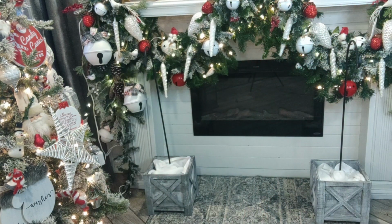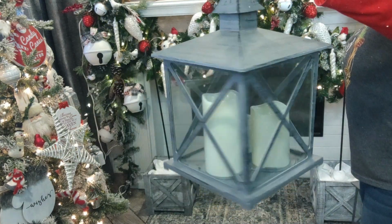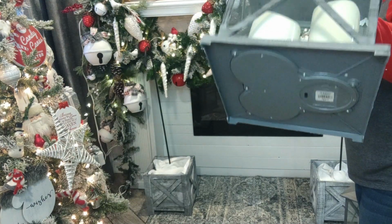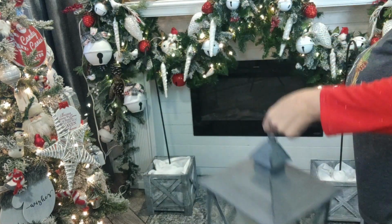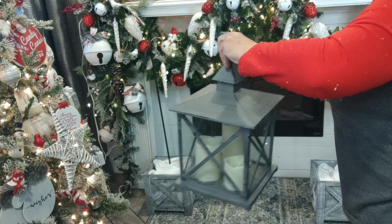And I have some lanterns there, the ones where the lights are already in them and they've got the battery pack on the bottom there. These are from At Home a year or so ago. They have them all the year round. It wasn't a seasonal item,